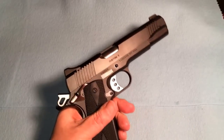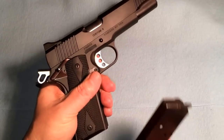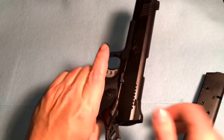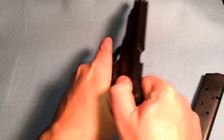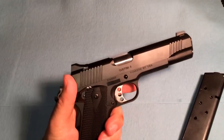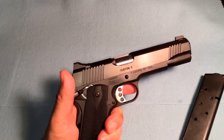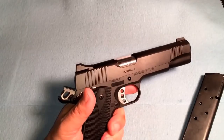So first of all, we're going to do a safety check of the weapon. Nothing in the magazine, nothing in the chamber. So, what do I like? What don't I like? These are my opinions. First of all, when I got this Custom II,